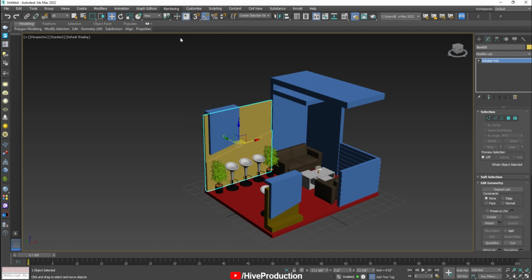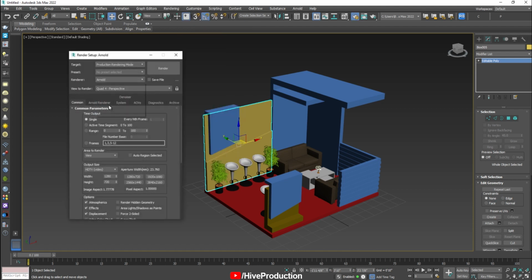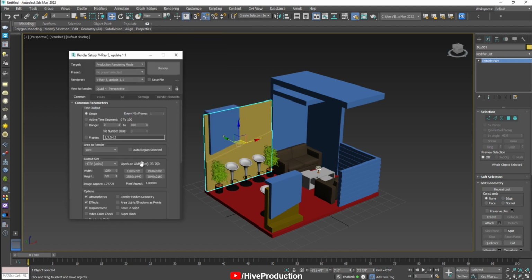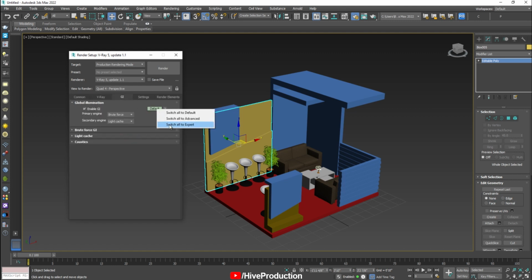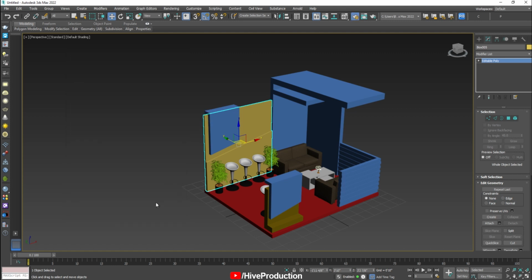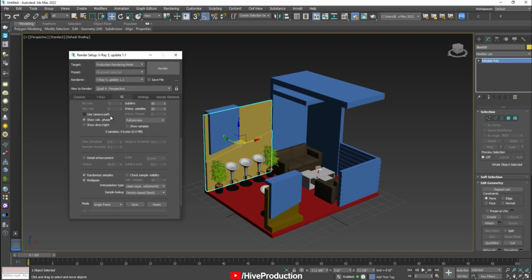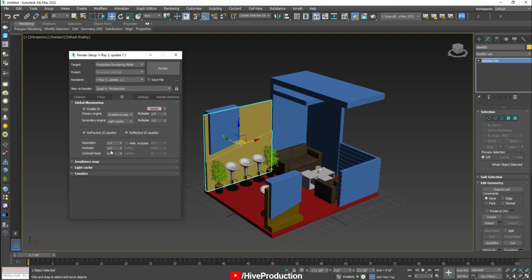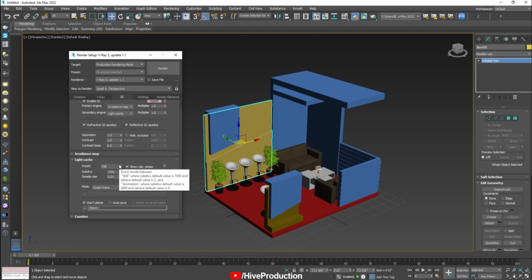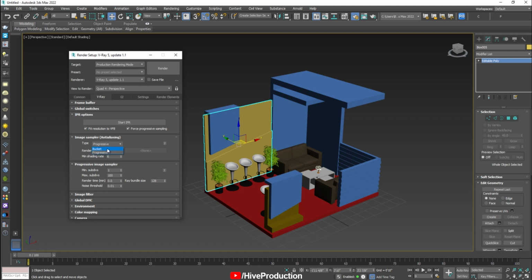Alright guys, I'm going to go to my render setup and we'll find my render settings. So just turn on the renderer as V-Ray and make it expert mode. Just revise these settings which I'm doing in 3D Studio Max. After giving them,